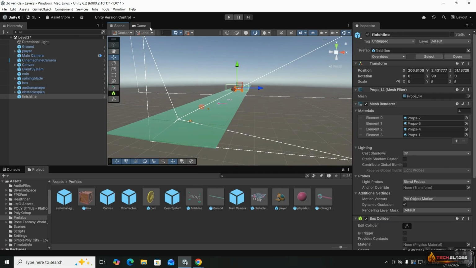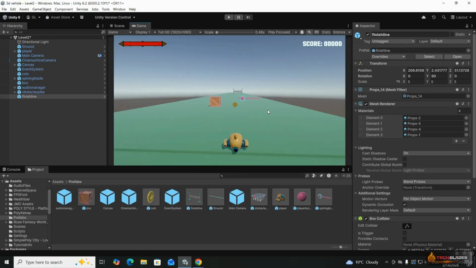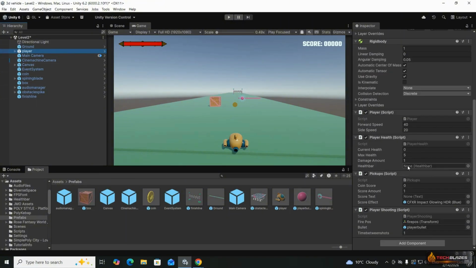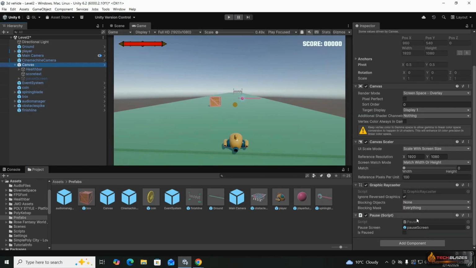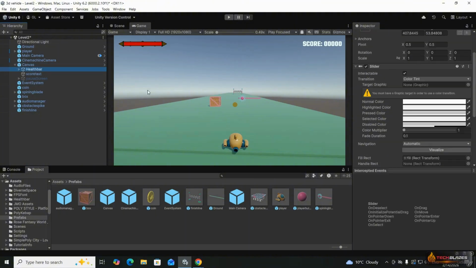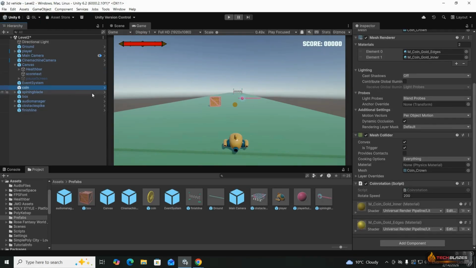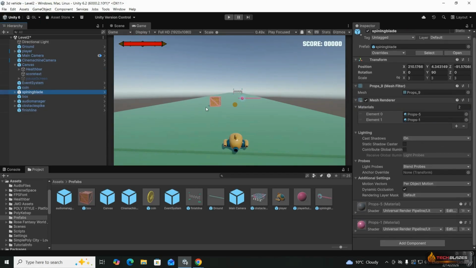Okay, main thing is that we need to make those basic mechanics to work again. For that, we need to check and assign everything if something is missing. So let's select player, and you see this health bar is missing, score text is missing. So let's assign them health bar, score text. Otherwise, we will have errors simply. Let's select canvas. Everything is ready here. Into the health bar, everything is fine. Coin is fine. Spinning blade should be fine, but we need to